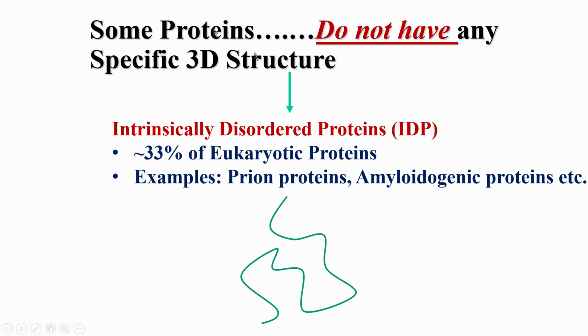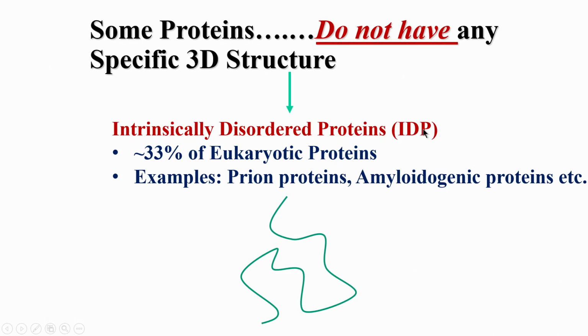So some proteins, which I mentioned earlier, have a specific 3-dimensional structure, but there are some proteins which do not have any structure at all, and this is the class of proteins which we will look at now. These are called intrinsically disordered proteins, in short IDPs,